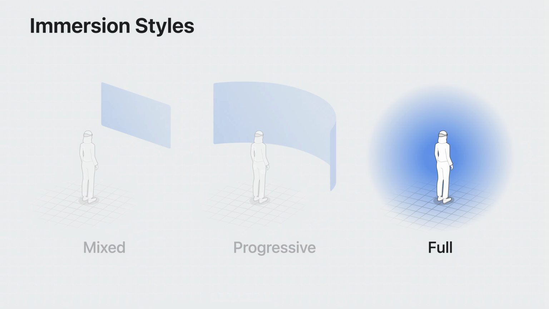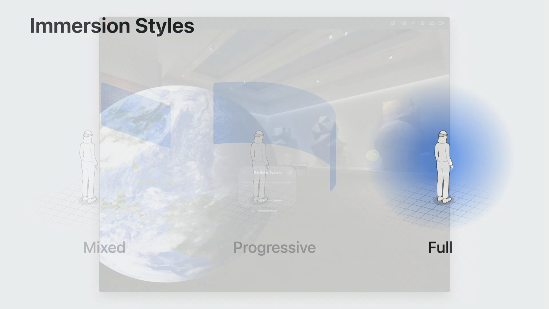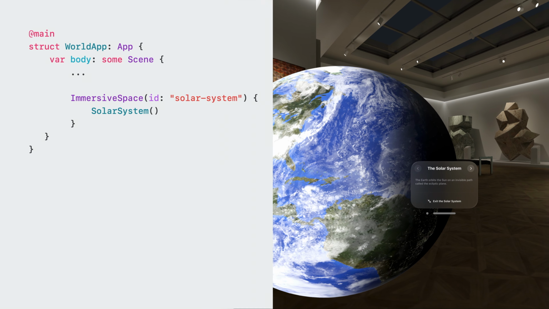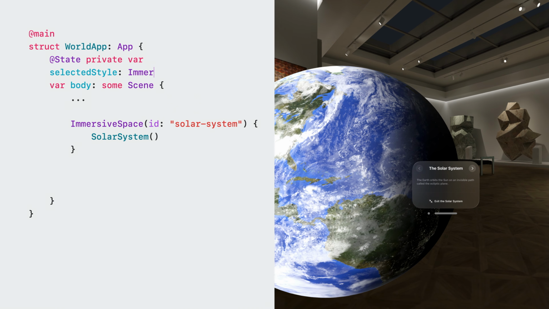Now, I think a fully immersive space would be the perfect fit for my app to make it truly feel out of this world. To do that, I'll return to my immersive space scene and add in the new immersion style modifier with the full immersion style. Here I provide both a list of supported styles and a current selection, allowing me to change the style on the fly. When I use full immersion, the system completely hides people's real-world surroundings. So I need to provide a virtual environment in which to immerse the people using my app. And of course, what better environment to use than outer space itself?